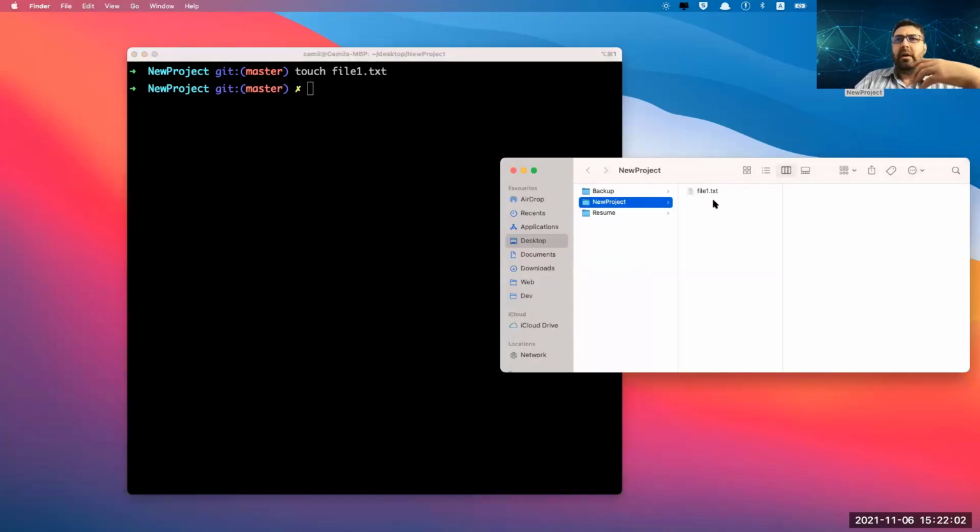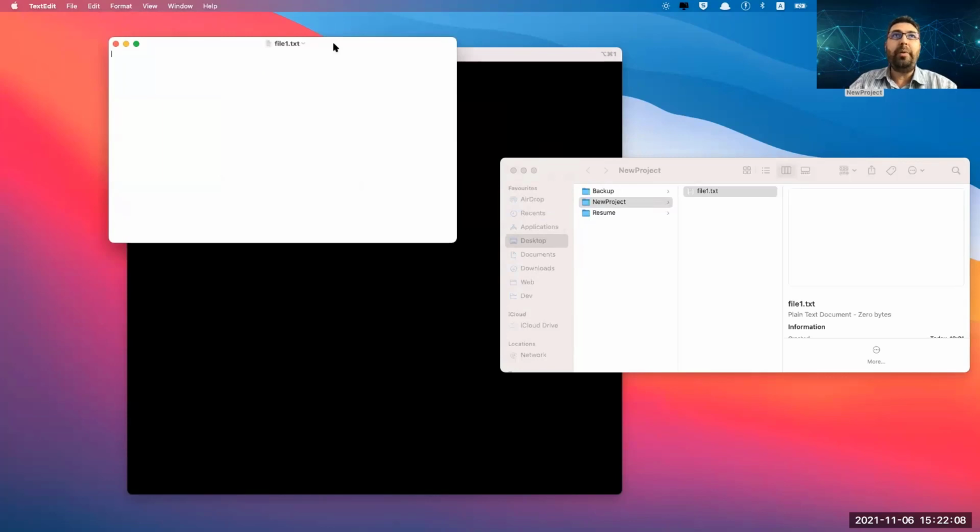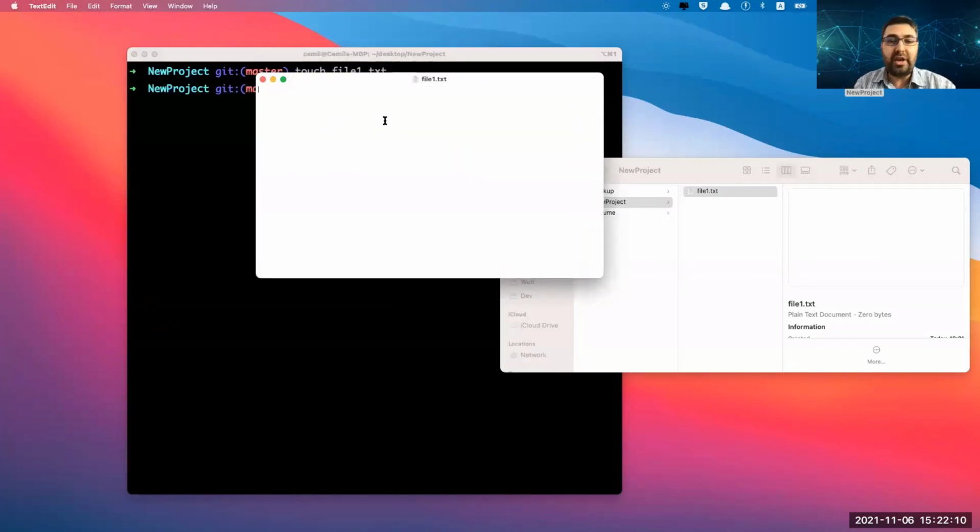Well, once you have your file, you add something in it. Well, you double click, you open it, and now you make some changes. Hey, this is my very first file in my project. This is usually what we don't type.